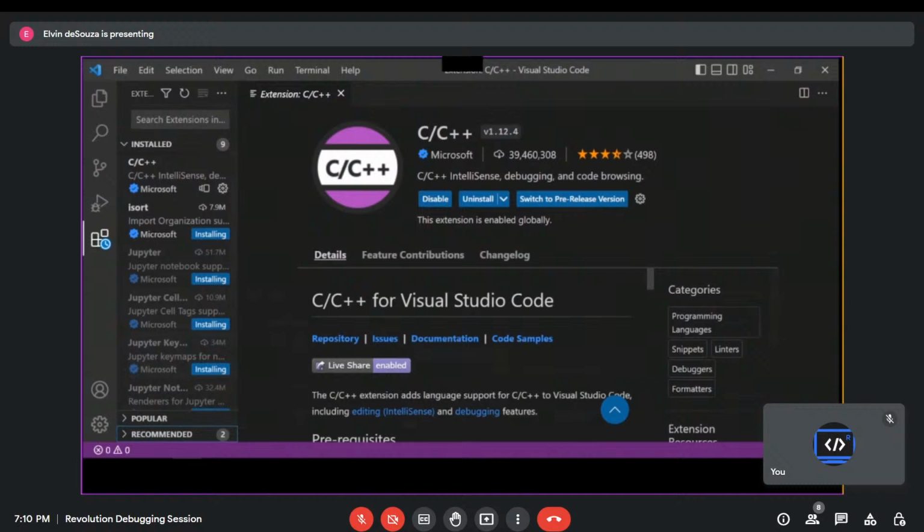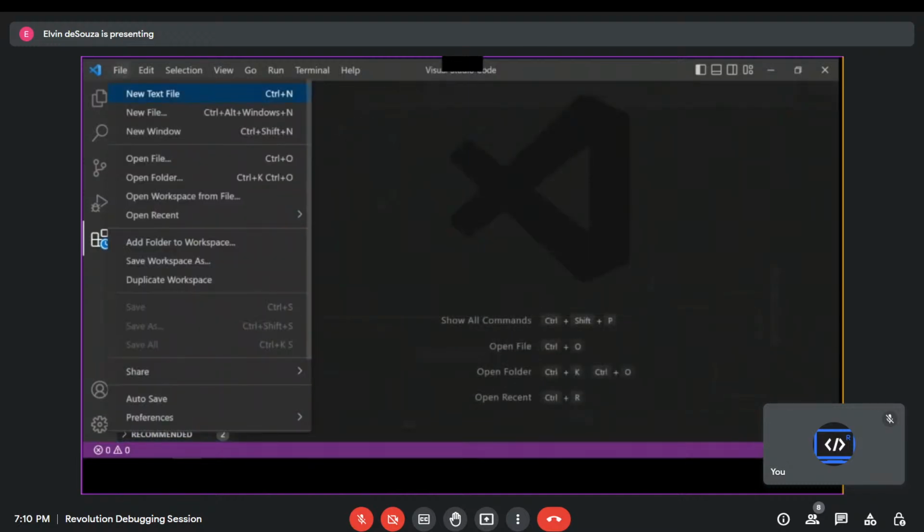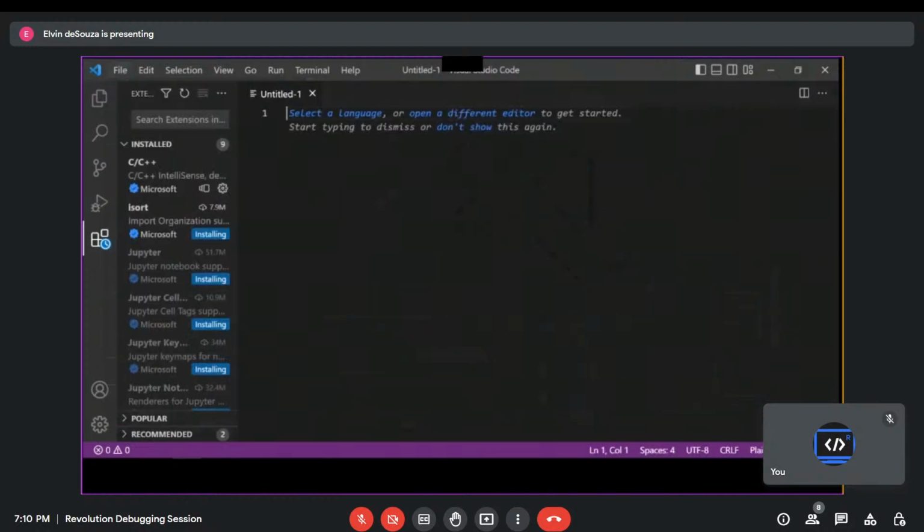Okay, now you see the C++ extension is installed. Now, create a new file. You can either go to the file menu in the menu bar at the top, or you can use the Control N keyboard shortcut. Okay, so click create a new file, Control N, and the first thing you do is click on select a